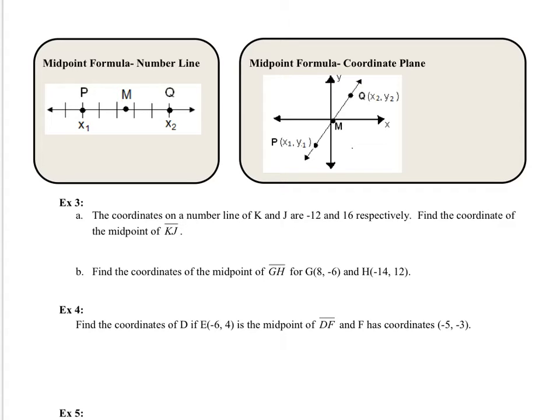Now remember, in part 2 we just finished up the definition of midpoint, which is the middle, or a point that is halfway between two endpoints. Now there are two situations where this can occur. This can occur on either the number line or the coordinate plane. Now the number line, what we have